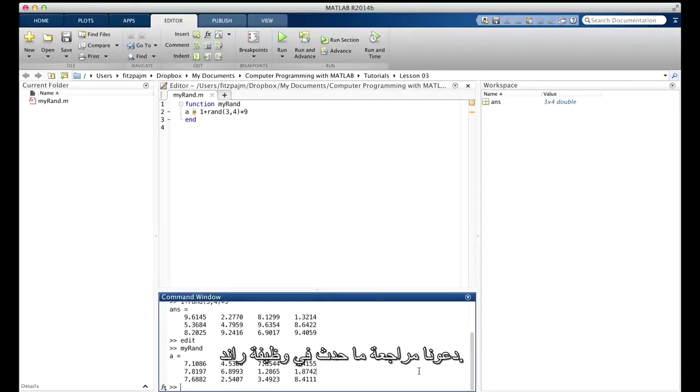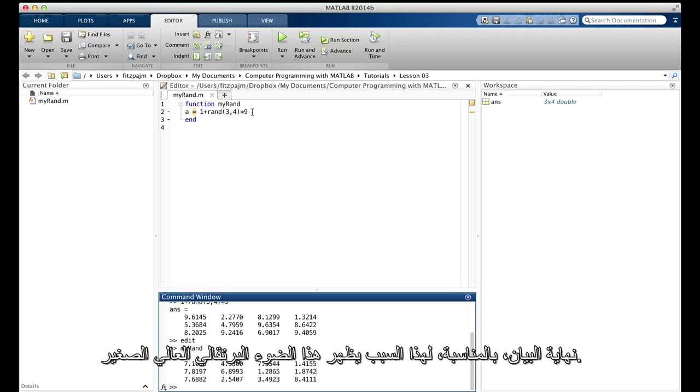Happened when the function ran. It was only one statement, so it's pretty simple. The expression over here on the right was evaluated. It was assigned to the variable a, and since we didn't put a semicolon at the end of the statement,